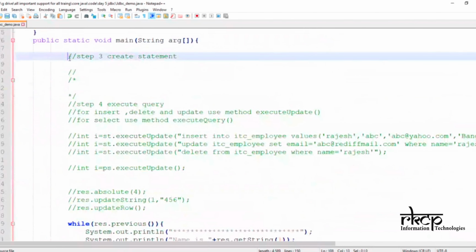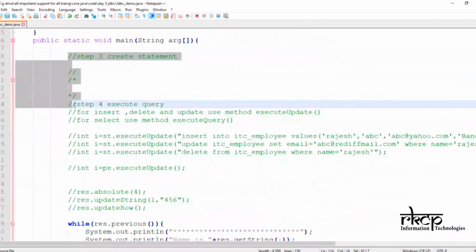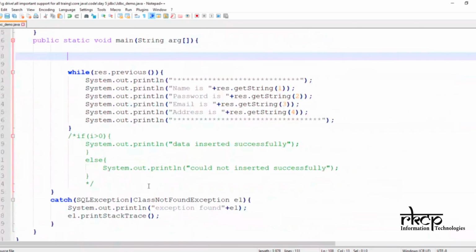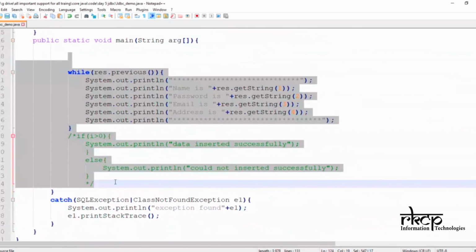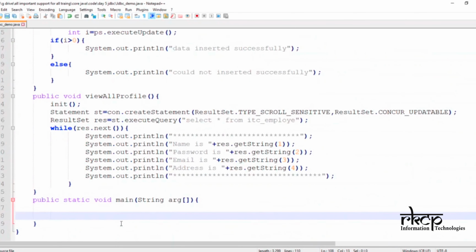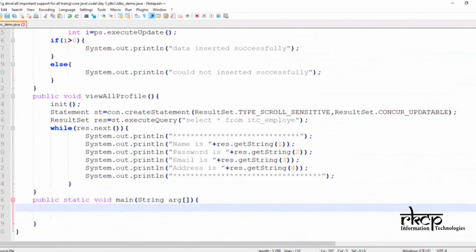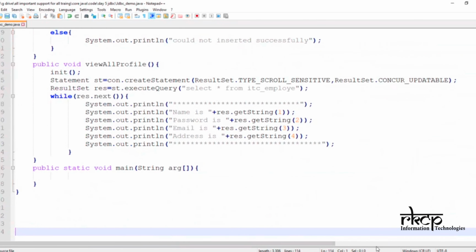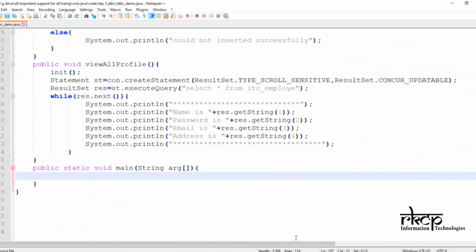So now all the steps that I have written are not required, we can delete all these steps here. Nothing is required, no try catch block, nothing is required. Now your code is very clean. What you will do, from public static void main, you can write some switch case, and with the help of buffered reader, you can take the input